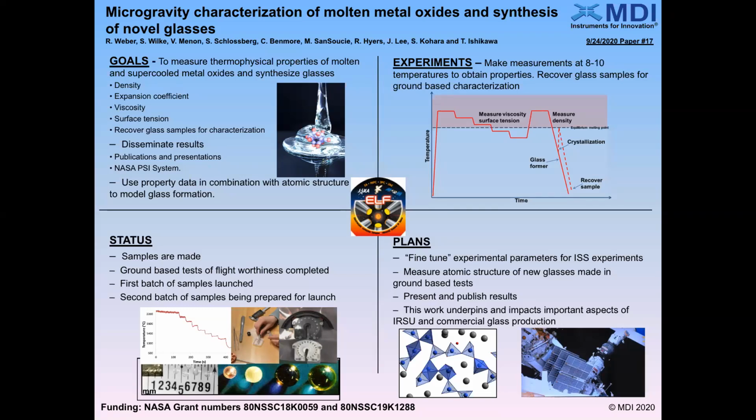These experiments will actually be non-contact containerless experiments using the electrostatic levitation furnace developed by JAXA. And that non-contact technique allows deep supercooling of the liquid and often enables glass formation from these rather difficult materials. The first batch of samples was launched a couple of months ago, and the second batch of samples is being